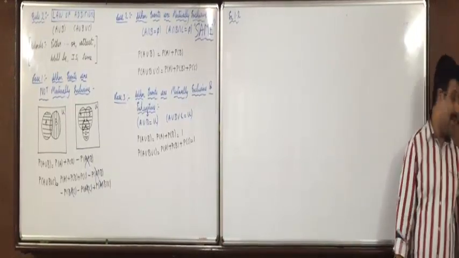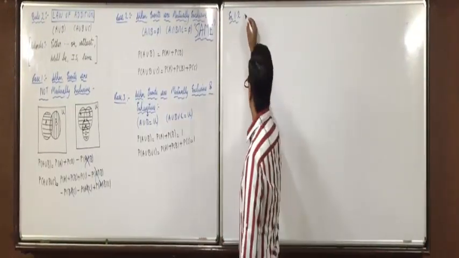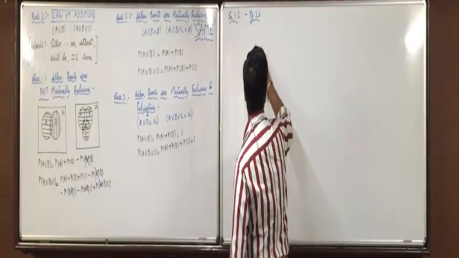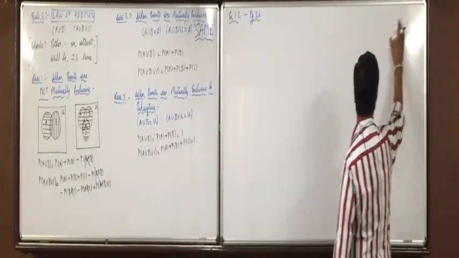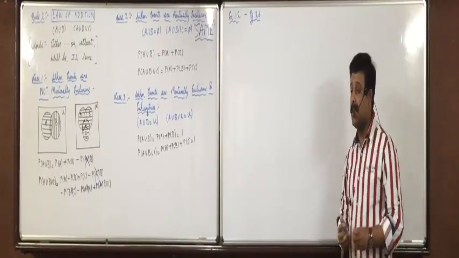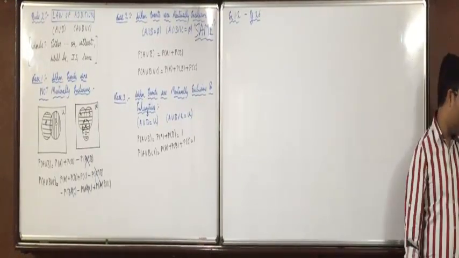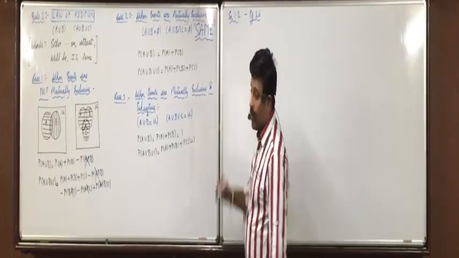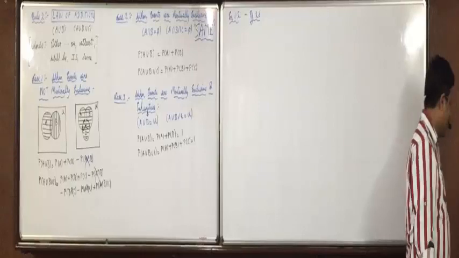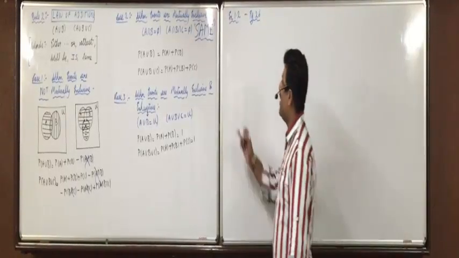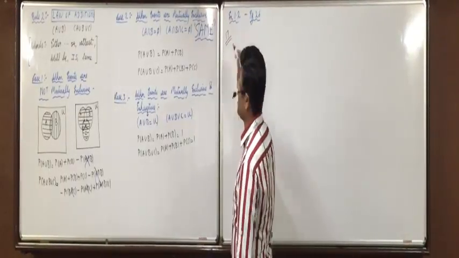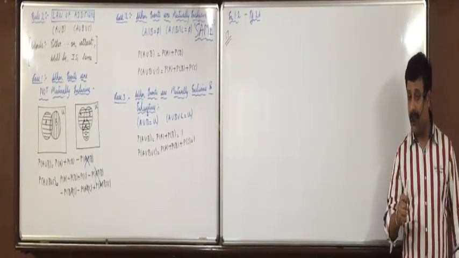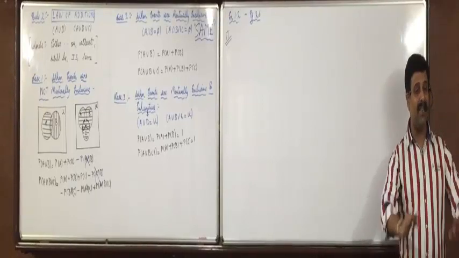Page number 26. Last 2 questions are remaining, but since this formula is used in those questions, I have taken this concept before exercise 1.2. Look at question number 17. 17 is a simple one, directly based on formulas only. If you all remember the notes properly, then it can be very easily solved. Directly you have to apply the formulas. That's it.